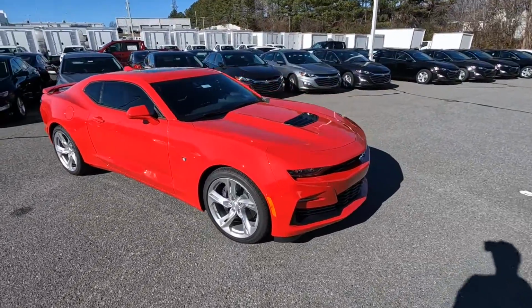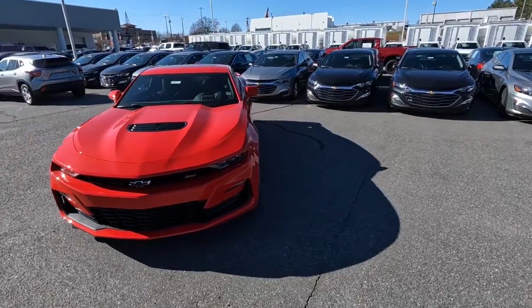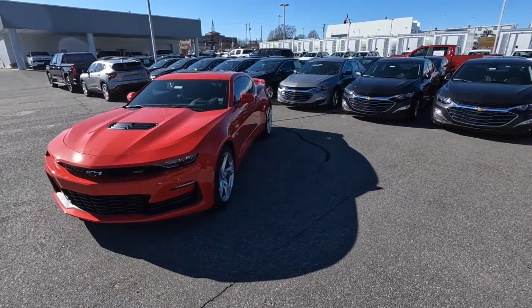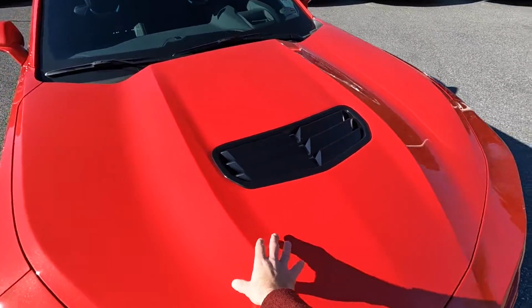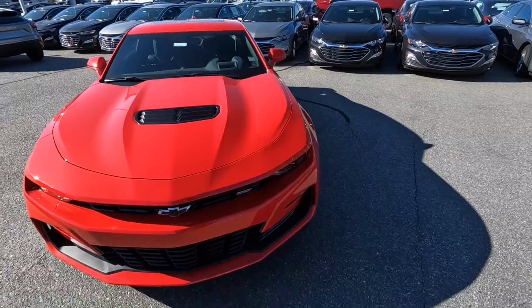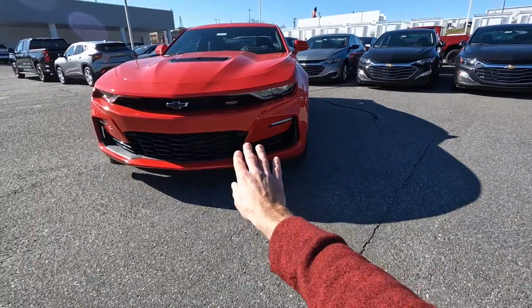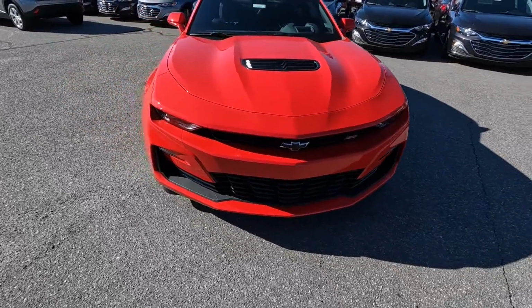Now, as we work our way to the exterior styling, this 6th generation has been around for about 8 years now, with some subtle changes over the years, but not too many, to be honest. For the hood, this does have a functional heat extraction vent, very nice lines coming down both sides of that. And then for the headlights and grille up top, it has that recessed design, Chevy bow tie in the middle,